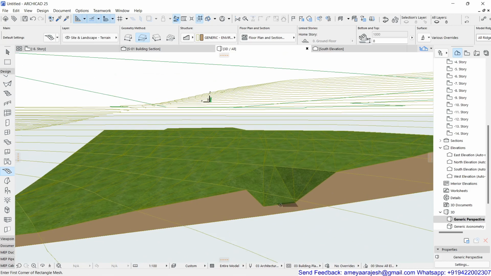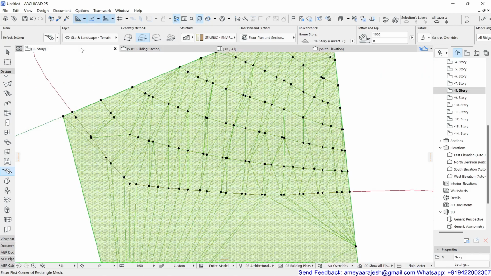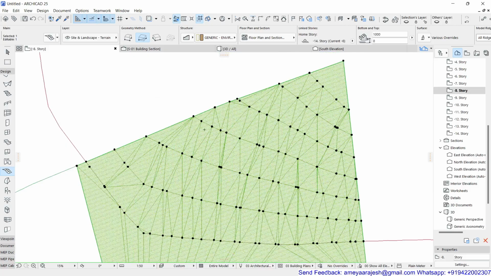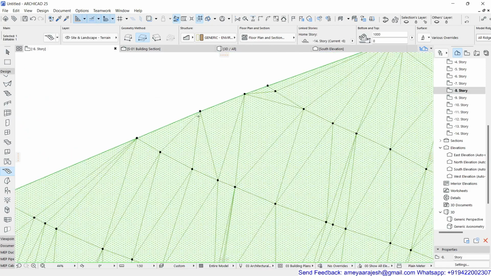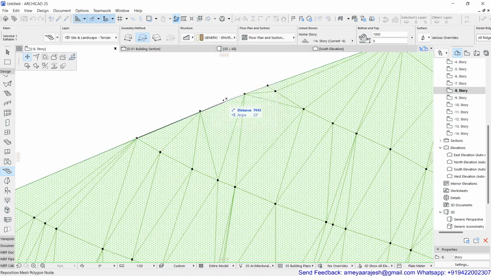Now remember, those points which are not getting elevated for some reason, you can definitely either edit them in 3D if it is workable for you, or otherwise in 2D you can figure out where exactly they're supposed to be. For example, these two nodes. Now remember the height for this, if you check the Z, it is supposed to be roughly 3 meter, correct? And obviously this will be 2 meter.